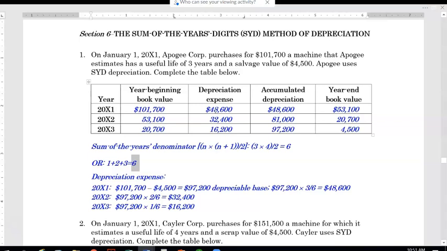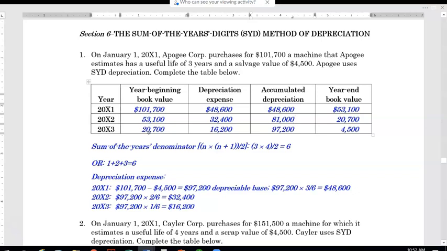So 101 minus 48 depreciation gives us accumulated depreciation of 48. Book value is 53. And then at the end of year 2, book value is 53, as you see. The depreciation will be calculated in here separately. So here I have the depreciation already. So I plug it in depreciation expense, plus the accumulated depreciation of last year will be 81,000. 81,000 plus original cost of 101 give me year end of 20,000, and beginning book value for year 3 will